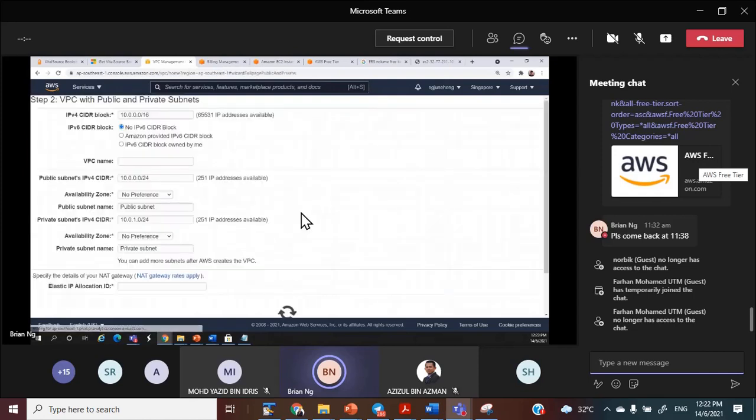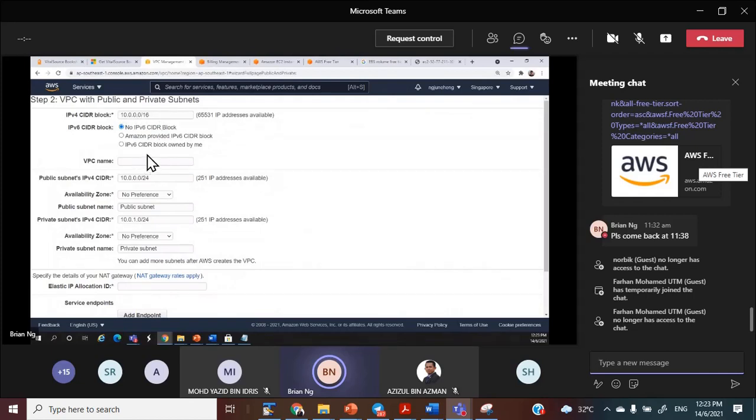Then when you select this, you see there you can configure a CIDR block. Okay, this CIDR block basically means tadi kita cakap itu public and private subnet kan. So this public and private subnet itu dari this main CIDR block. Faham? It's from this main CIDR block. Okay. So contoh sekarang I pakai 10 default punya